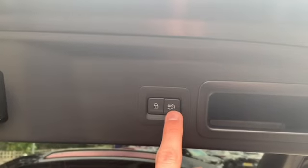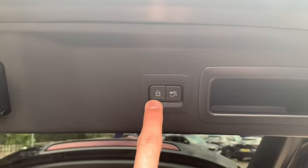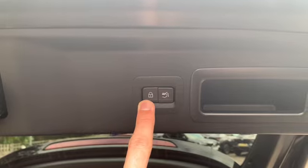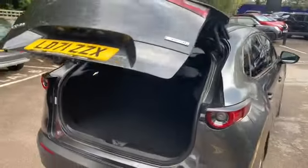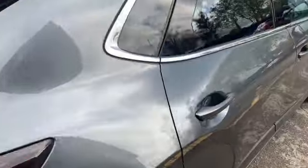In terms of closing the boot, got two buttons here. So the button on the right will close the boot. This button you can press prior to, which will lock the car as and when you close the boot. Coming to the rear then,